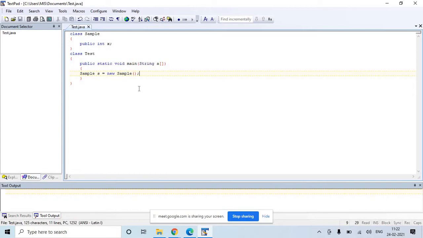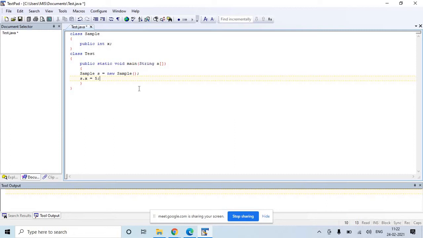Now if I want to assign the variable value for x, how can I assign? I can assign s.x is equal to 5. Because x is a public variable, it can be accessed outside the class.